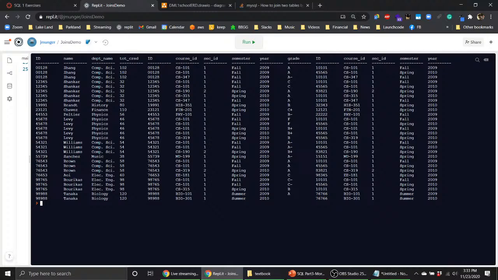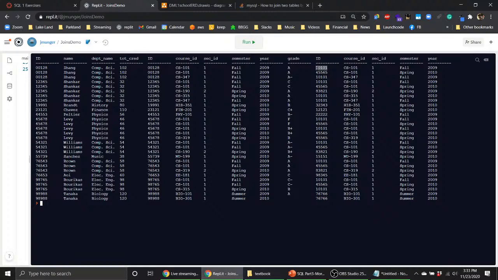Now we can see all the fields from all the tables, but they're joined so that we only see the student records that are taking courses, and we're only getting the teacher ID in there from the